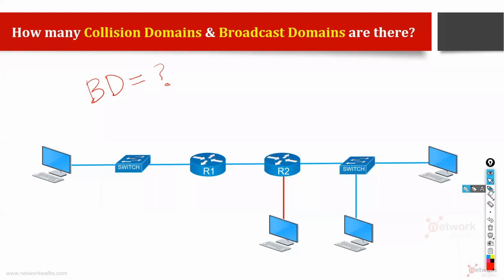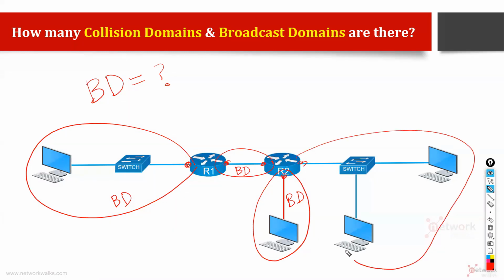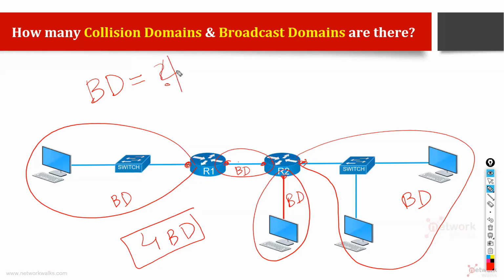Let's start counting from here, from this router. Okay, this is a port on a router. So this is one broadcast domain. Another port on the router, another port, this. So if we have 2 ports connecting to each other, of course, they become one. Another port on a router. So I hope you guys can see now how many total. So total how many? 1, 2, 3, and 4 broadcast domains. So it's 4. Clear?